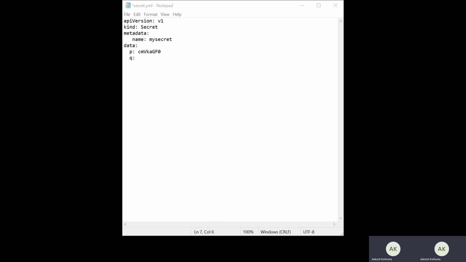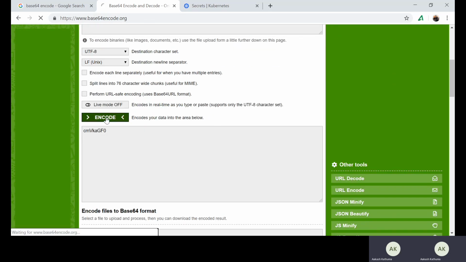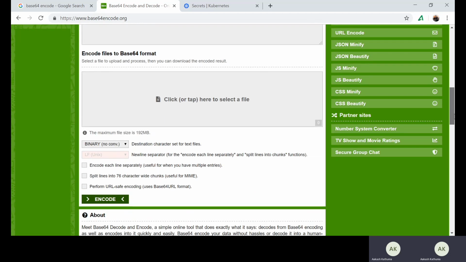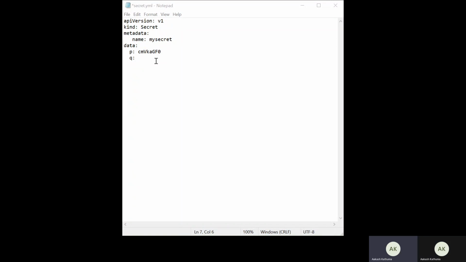Let me go to the base64 so that you will be able to understand how I change the key and encode it. So let me use Akash, and let me run this encode. Once I run this encode, you will find it has given the encoded value. So I'll go back to my notepad and simply paste it. This is my notepad, and I will paste the other value here. Okay, this value is pasted.